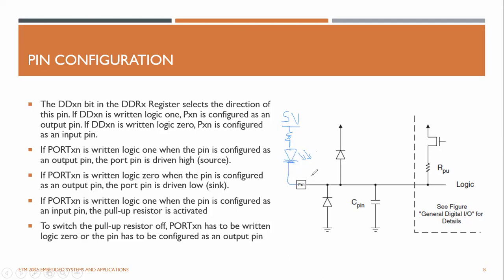So in the previous case, if you set it as high, it will be 5 volt and this LED won't be driven. But if you now write port B2 as 0, this voltage will be 0, which means like the 5 volt here. Now the current can flow from here to here,